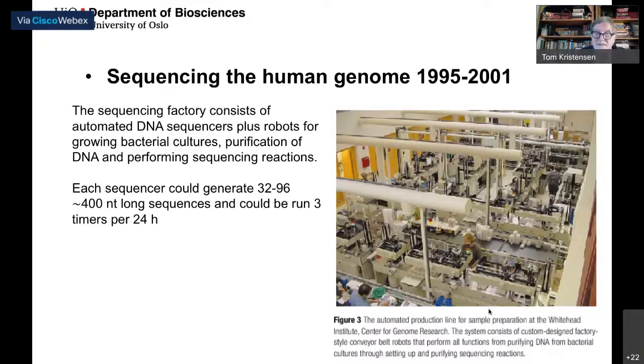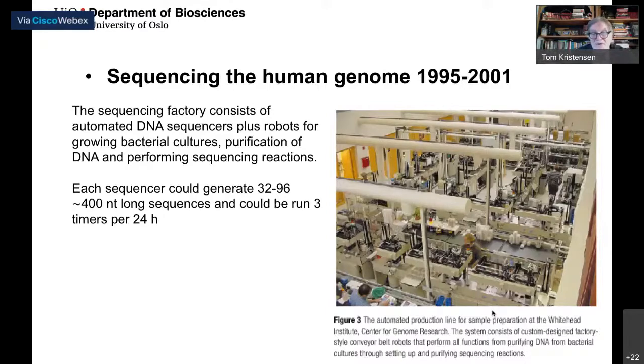This factory consists of several automated DNA sequencing instruments, and in addition, robots for growing bacterial cultures, for purification of DNA and performing the sequencing reactions. In Britain, I've been told that they didn't use robots that much, because they preferred instead to hire females from around the factory, females without work, and give them a crash course in setting up sequencing reactions and have them perform them rather than robots. But anyway,